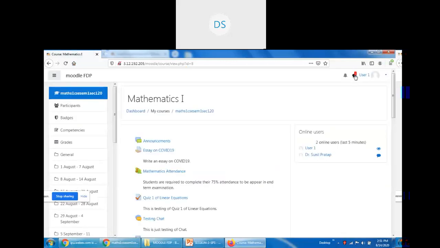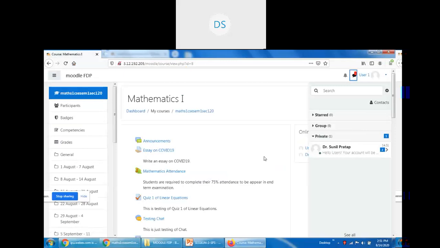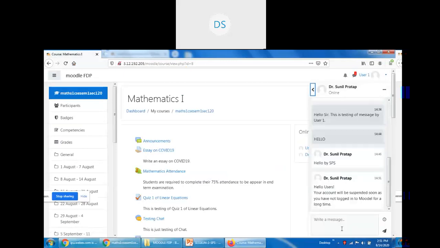Now you can see the message here. Hello users, your account will be suspended soon as you have not logged into the Moodle for a long time. So I think these communication tools are clear to all.